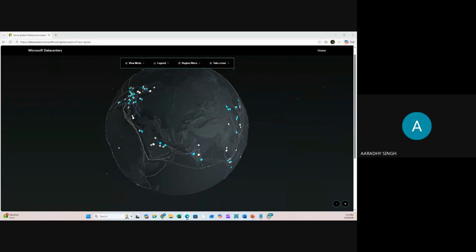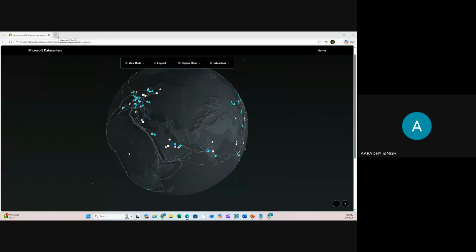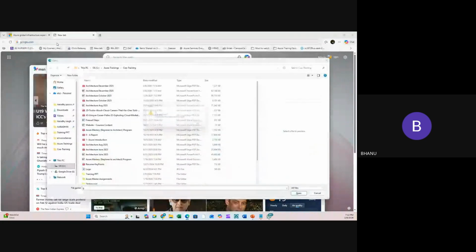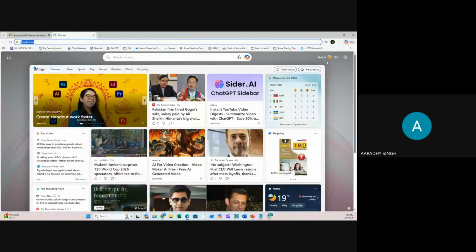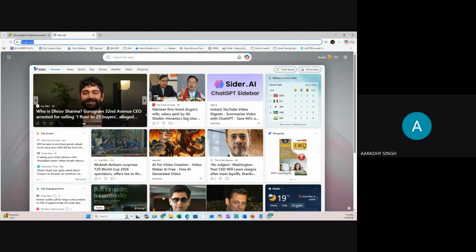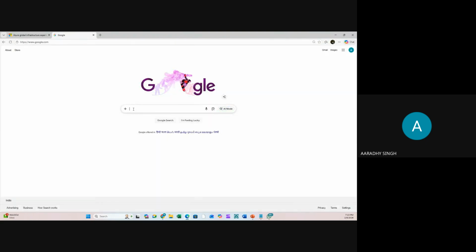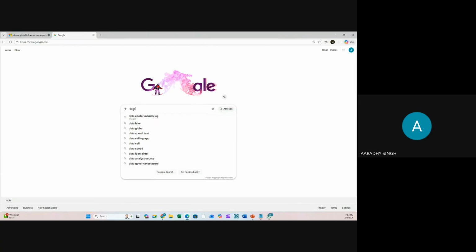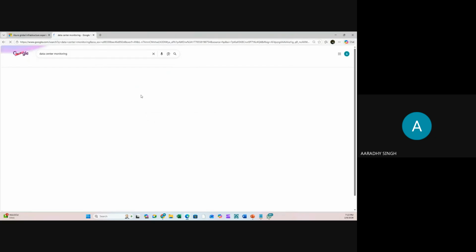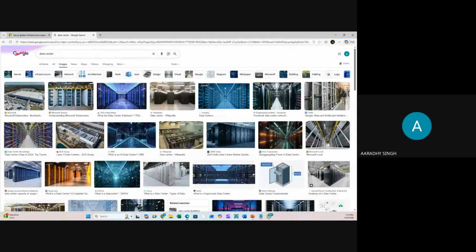This question I'm passing to Bhanu. Bhanu, do you have any idea what a data center is? Yes, sir. Where all the data are stored. Okay. Same question I'm passing to Gaurav Dhable from Maharashtra. Gaurav, do you have any idea what a data center is? Gaurav, you're speaking on mute. Or anyone else? Anyone? Sakshi. Yeah. What is a data center?